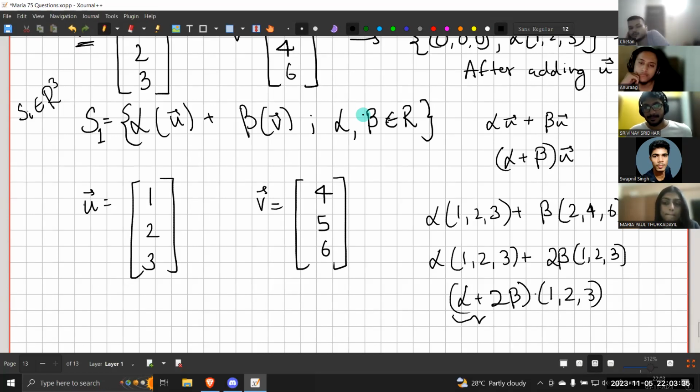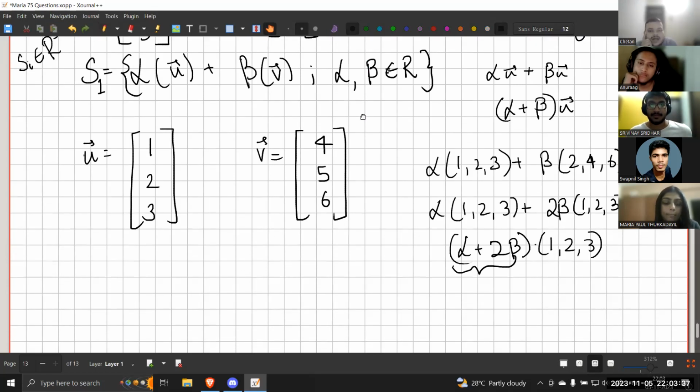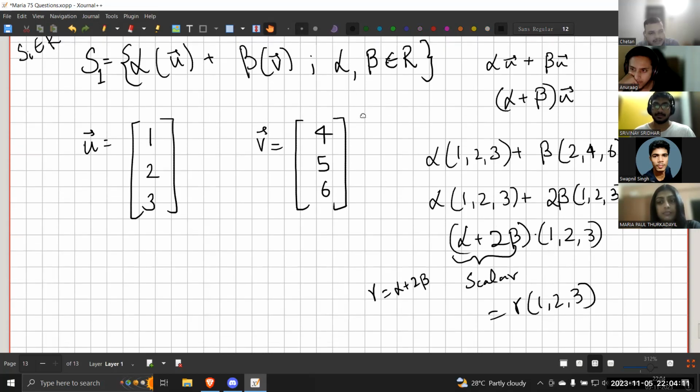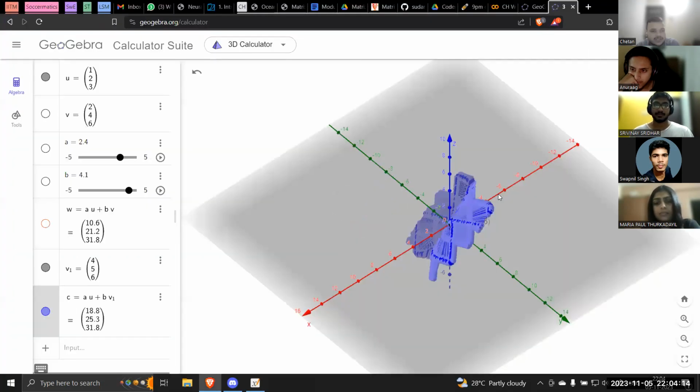Now, very interesting, my scalars are actually written as alpha plus 2 beta. This is actually one scalar quantity. And I have reduced my two vectors to only one single vector, (1, 2, 3). Now, this shows me why I was getting a straight line there instead of a plane, because I did not have two vectors. I only had one vector which I had scaled. That's it. Okay. So this mathematically shows you, and we already have seen the geometrical visualization of that